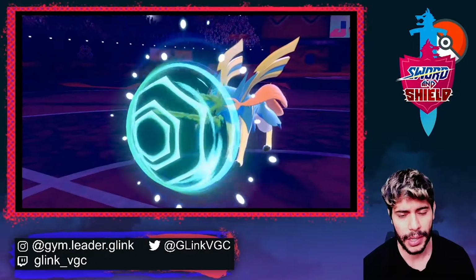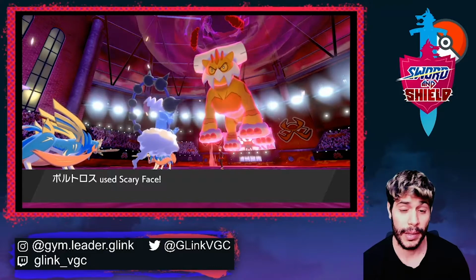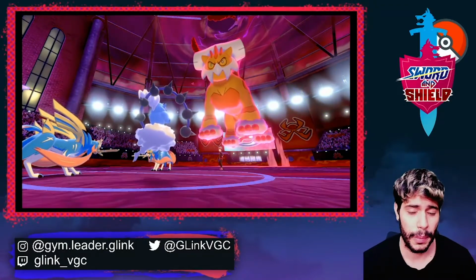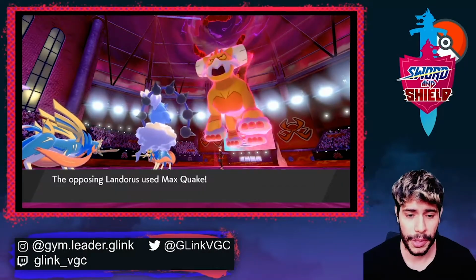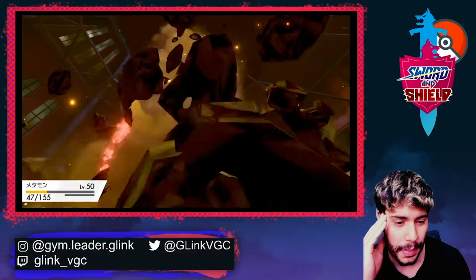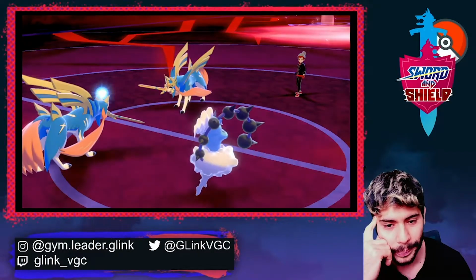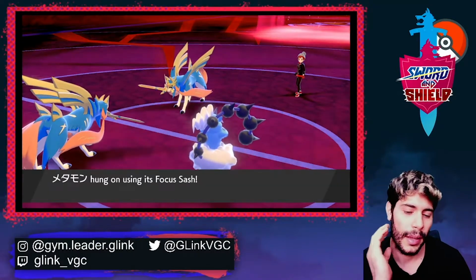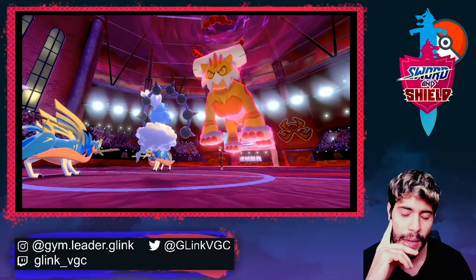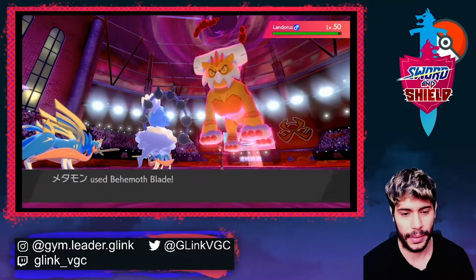Okay, Sashin protects, which is great to see. And yeah, I think we actually will get that Behemoth Blade back. Kind of like a response, but they actually are running first, but obviously with this Focus Sash. I believe we will be able to respond. Yeah, and it's Life Orb, so...